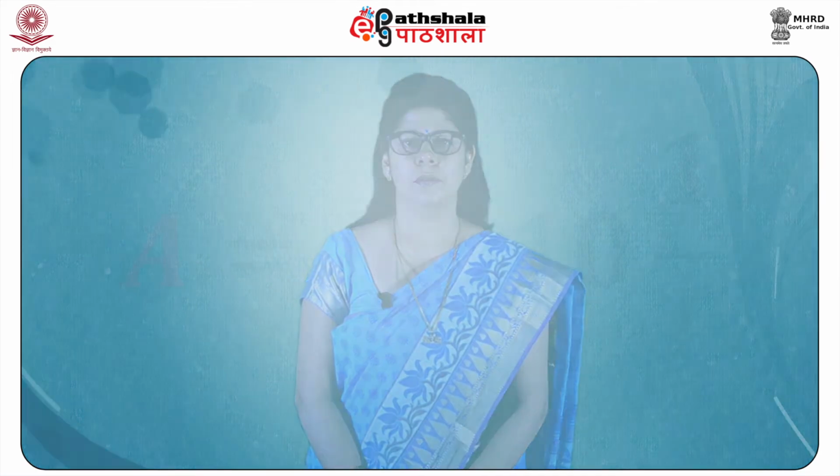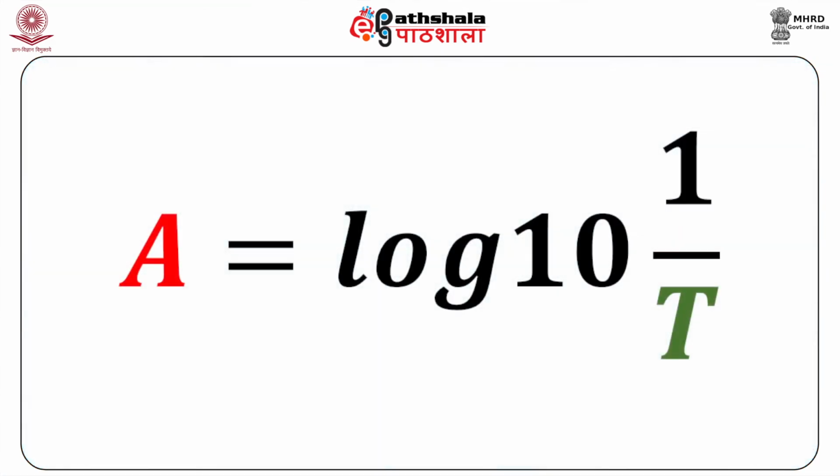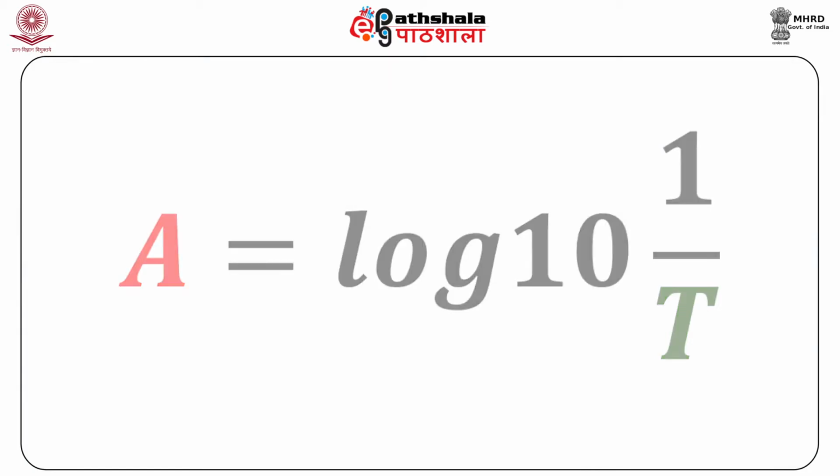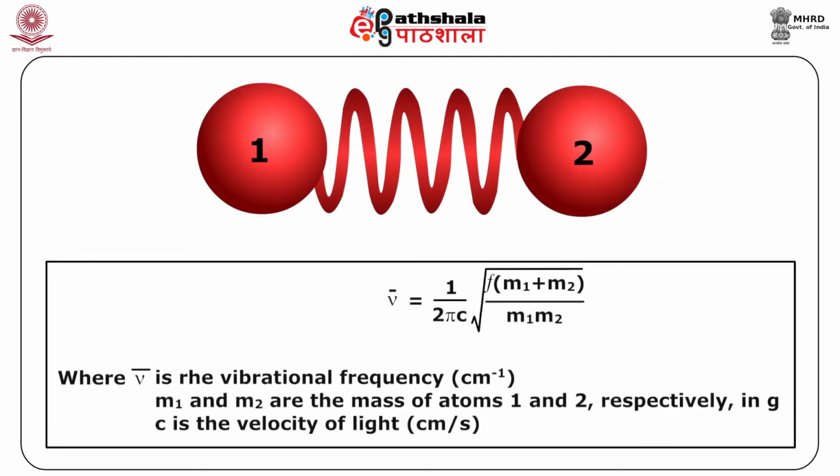Two-dimensional IR is also possible. Band intensities can also be expressed as absorbance. Absorbance is the logarithm to the base 10 of the reciprocal of transmittance. You can see here the two atoms, they are bonded together with a vibrating string, and the vibrational frequency is